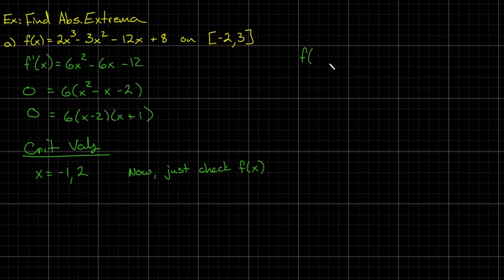What's the first number I need to check? F of what? -2. That's my first one. The next one is f of -1, and then f of 2, and f of 3. Now, there's no real penalty or any penalty whatsoever if you don't write them in order. But again, when we start getting a bunch of numbers, I would encourage it. Okay, do